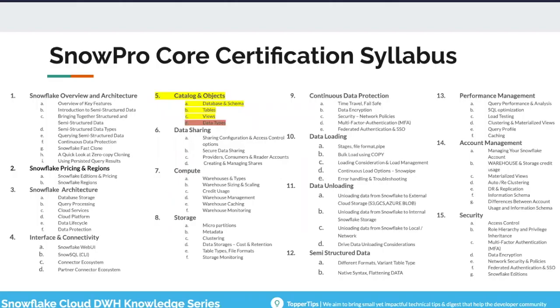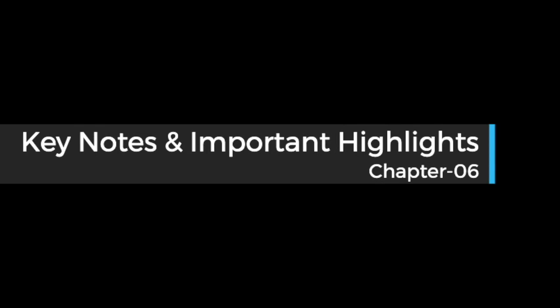So let's review the syllabus before we get into keynotes and the fundamentals. This subject area is specified very clearly over many other complex topics. We have already covered the data types, structured as well as unstructured, in separate videos, and you can find the link above in the card or below in the description section. Both these topics, catalog and object, along with data types, are essential from the exam point of view. If we understand them well, we will be able to answer those small but tricky questions very confidently. So let's jump into the keynotes for the catalog and the object.